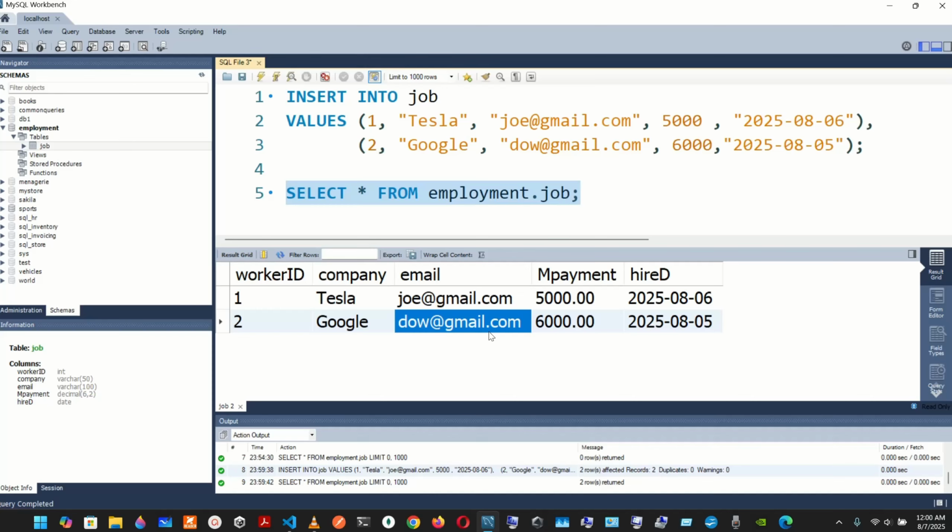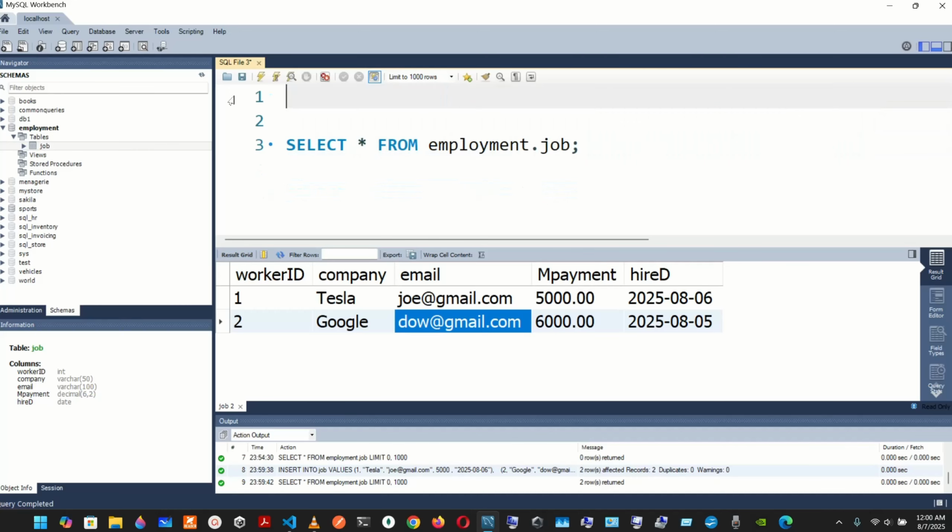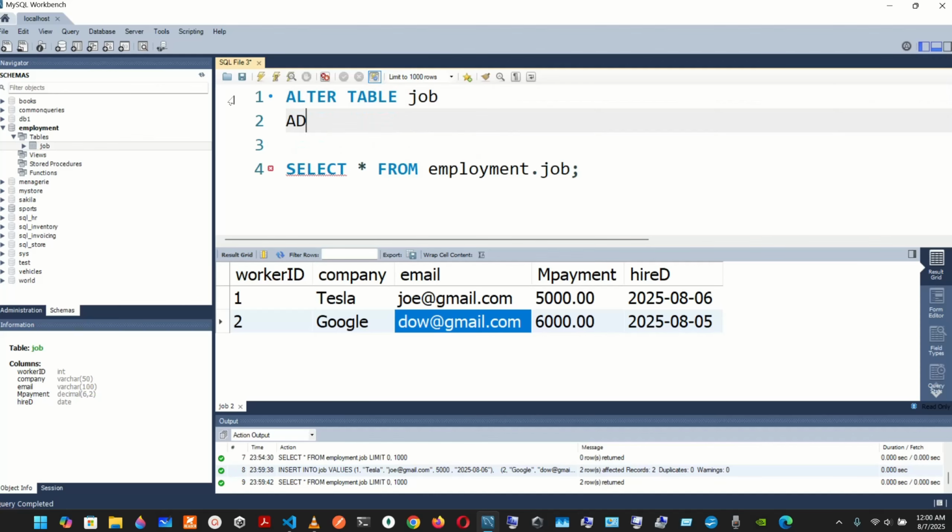So what else can we do? We can just go right here and we can alter the table. So we're gonna alter the table. So let's play around before we get into the full stack. So alter the table, and the table name is job. So we're gonna alter the table and we're gonna add